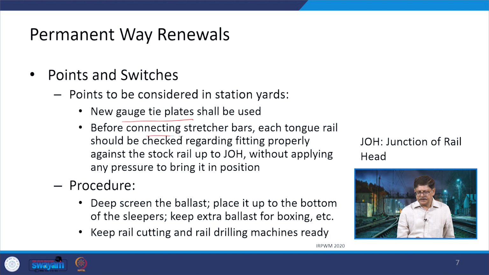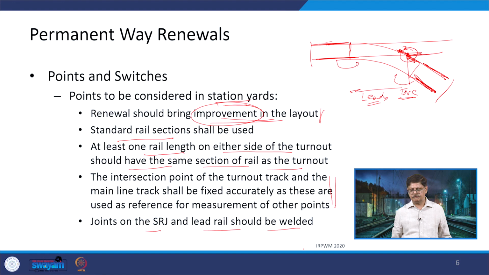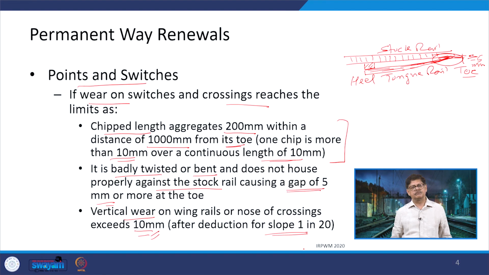Before connecting the stretcher bars, each tongue rail should be checked for fitting properly against the stock rail up to JOH, that is the junction of the rail head, without applying any pressure to bring it to the position. As I have shown in the previous diagram, here this tongue rail, when it is touching and fitting at this particular point,